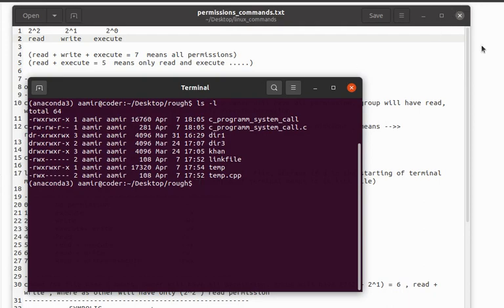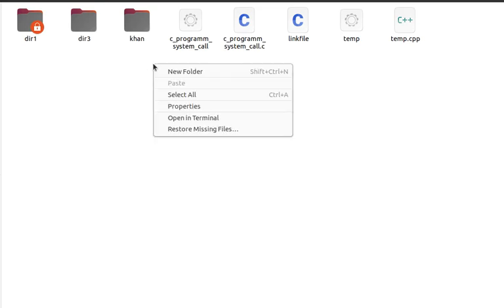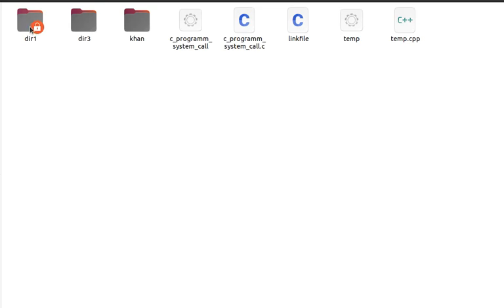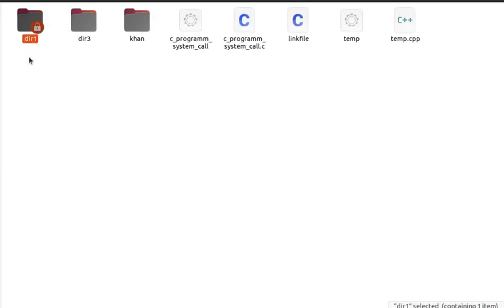So let's learn this also. Here is the directory I am in. Let's try to run this on dir1. If I don't want to enter into this directory, I will change this permission.